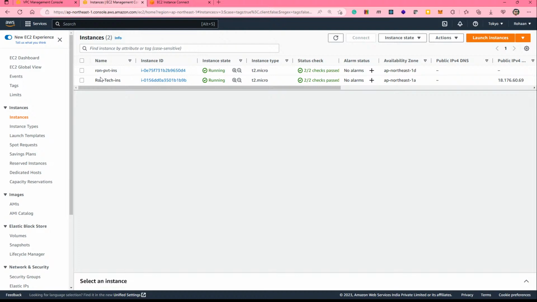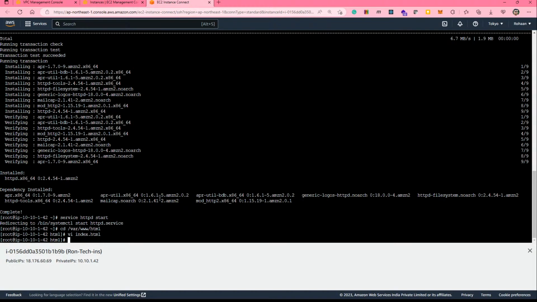I want to access this machine from this machine. Let me show you the IP config here. So this machine's IP is